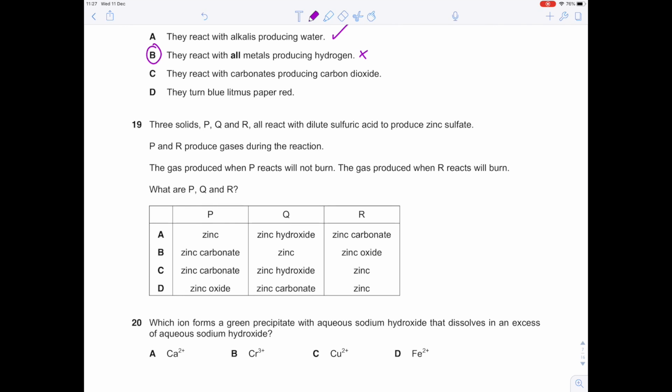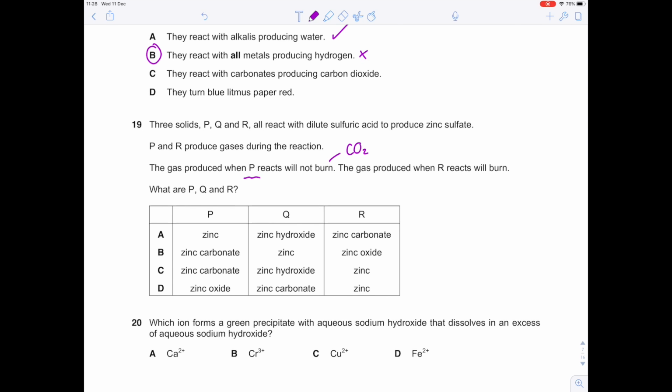3 solids, P, Q and R, all react with dilute sulfuric acid to produce zinc sulfate. P and R produce gases during the reaction. The gas produced when P reacts does not burn. The gas produced when R reacts will burn. What are P, Q and R? The gas is likely to be either hydrogen or carbon dioxide. Now, if it doesn't burn, then that's carbon dioxide, because remember, carbon dioxide does not support combustion,